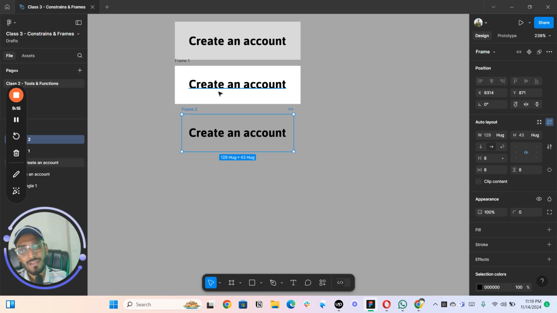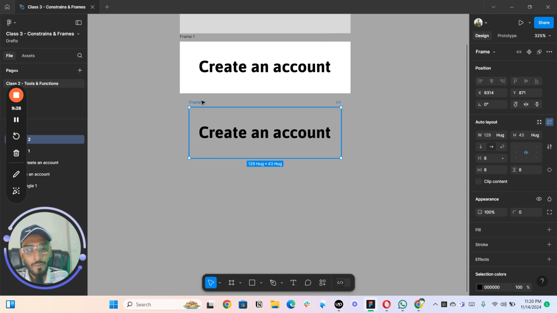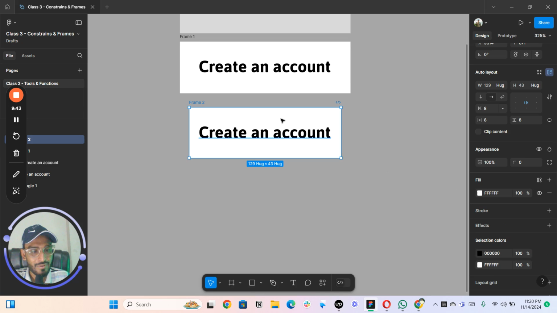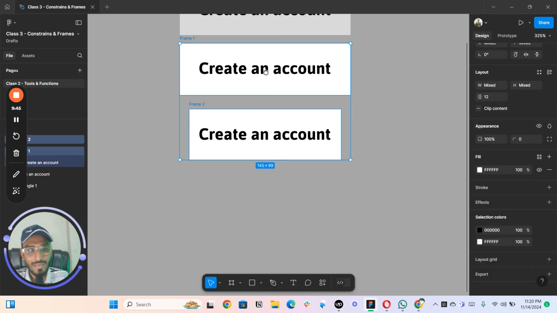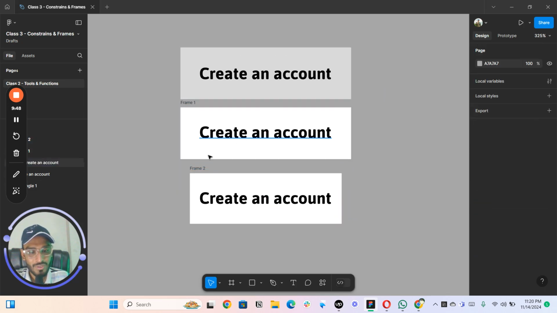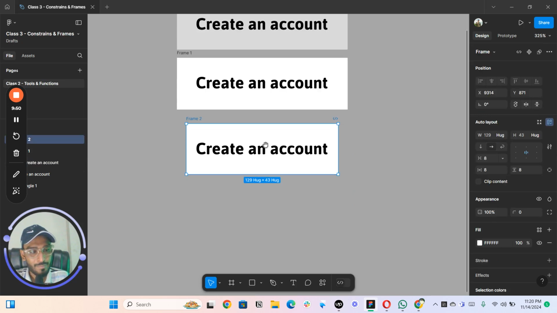So in this scenario, I created the frame and then obviously wrote the text on that frame. But in this case, I just wrote the text, and then by selecting it, I pressed Shift A, and Shift A basically did auto layout, right? Okay, then in this auto layout, I can fill the color, and obviously we are going to fill the colors, right? Okay, I'm selecting all these three, and then we just need to keep one thing in mind,